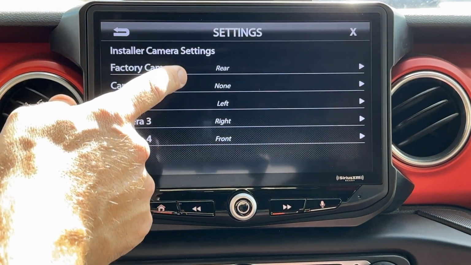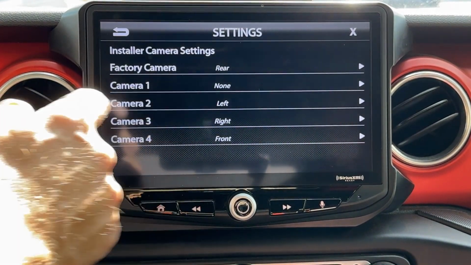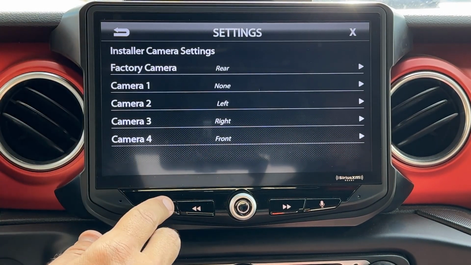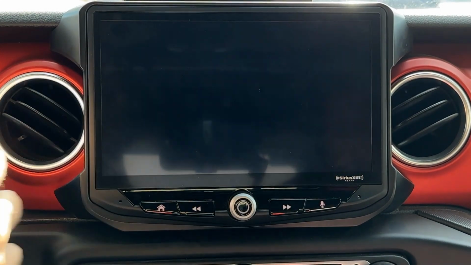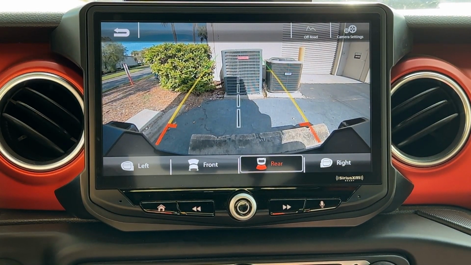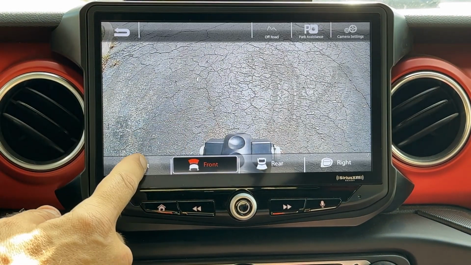So now we have the factory reverse camera, camera 2 as our left blind spot, camera 3 as our right blind spot, and camera 4 as our front camera. So if we go back to the home screen and we select Cameras, we'll now see all the camera tabs at the bottom of the screen. Just touch the input to view the camera at any time. We have the OEM reverse camera in high definition, the front camera that we mounted by the winch, our left blind spot,